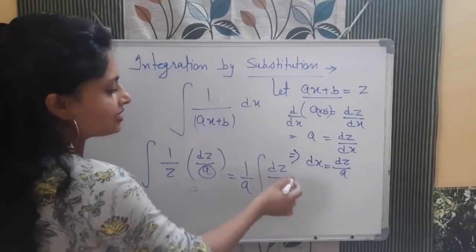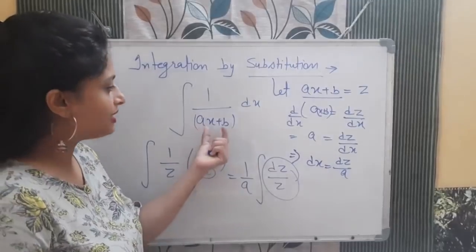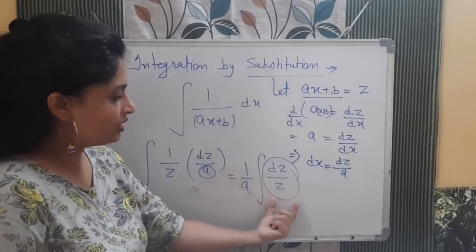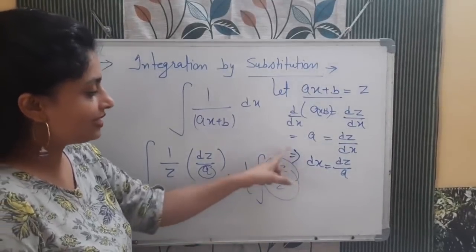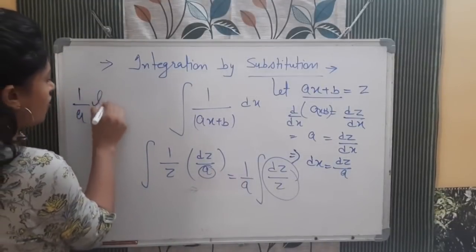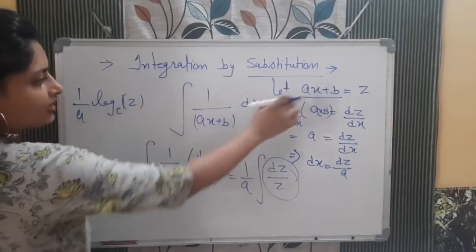तो आप क्या लिखोगे बच्चा? This is a simple formula. अभी see, you can do it by this also, but when you are putting in place of this function any other function, so you now see it is in the standard form, dx by x, dz by z. So we are integrating with respect to z. So what will happen? It will be 1 by a log e z. Okay. Now in place of this z, you can put that value.